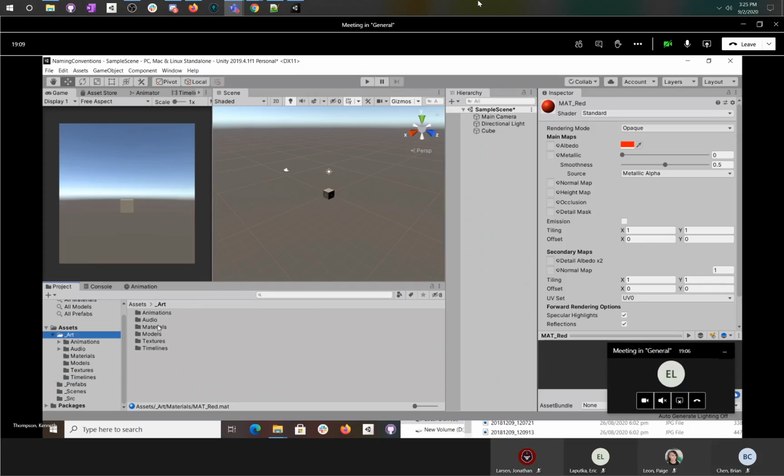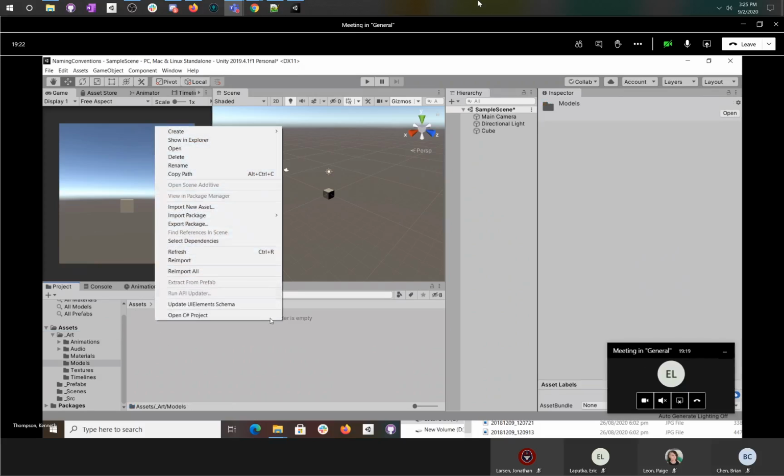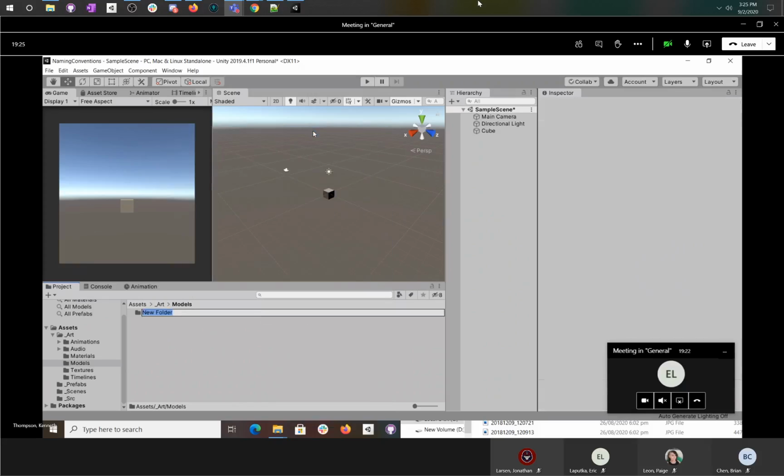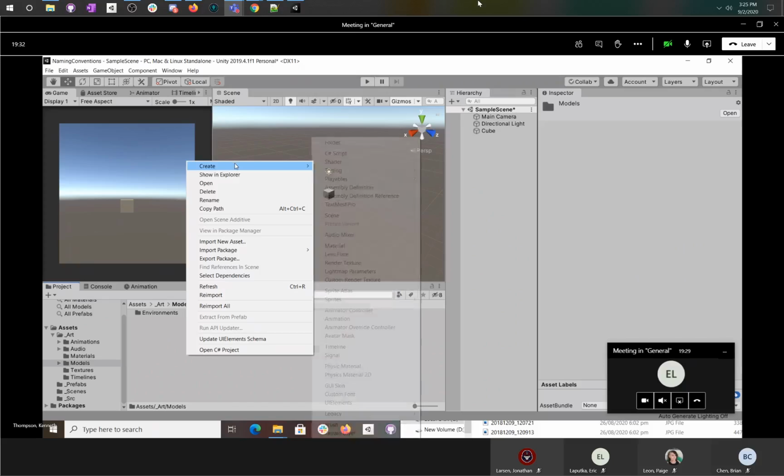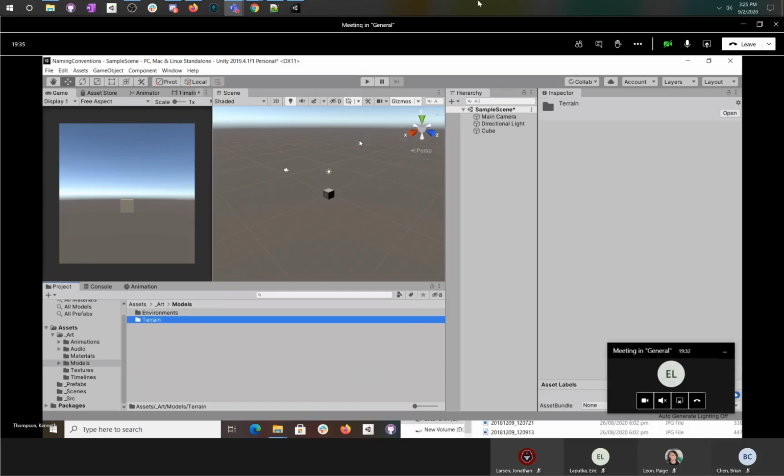Let's go back to the top of art. So you might have more folders in here once your project goes on. It might be even more organized, for instance. So for models, we might have environments, terrain. We might have props, and then those might also further be organized. This might also be reflected in